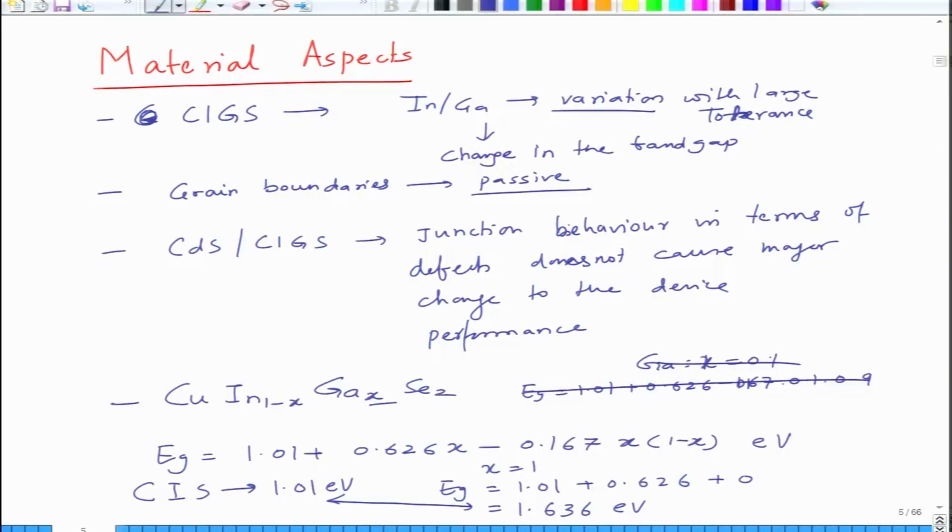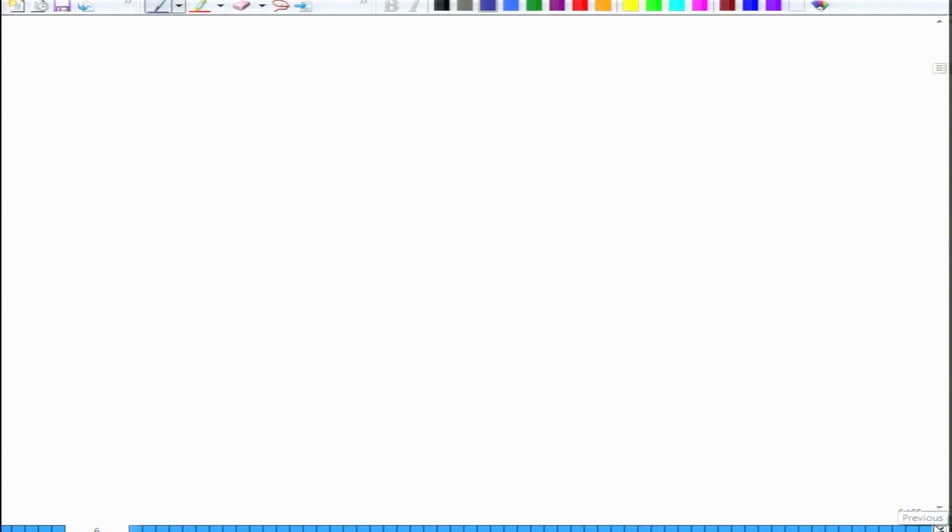And we know that our ideal band gap requirement is about 1.4 electron volt, but you cannot keep increasing the gallium values too much because it also leads to changes in the resistivity of the material. However, we can tune the band gap by changing the indium to gallium ratio in the material, and that is why gallium is doped in indium gallium oxide.